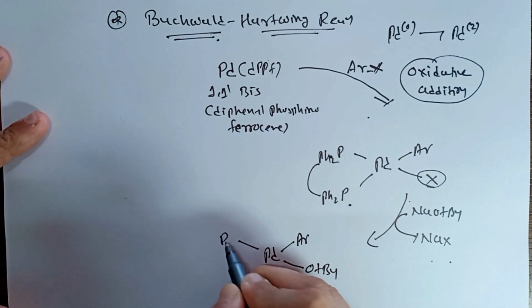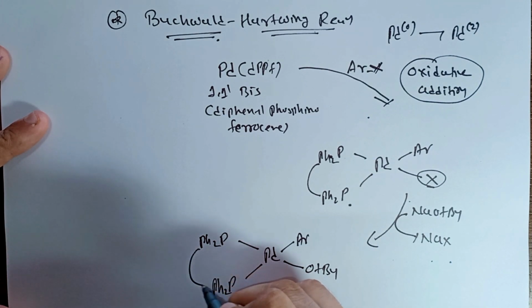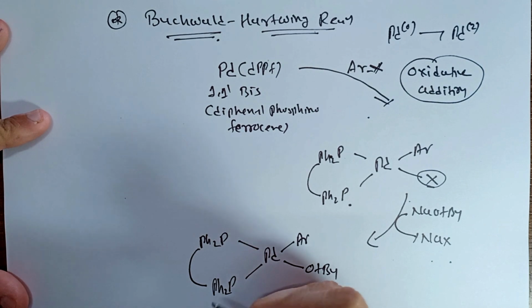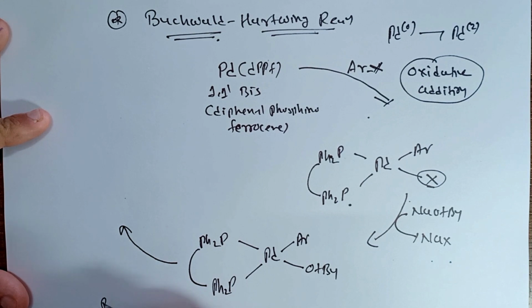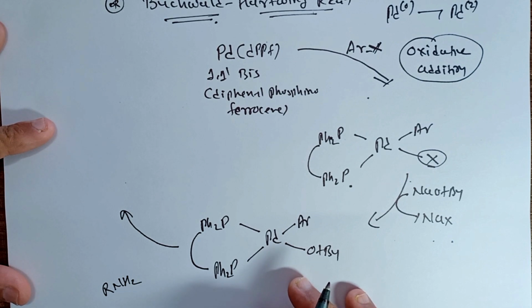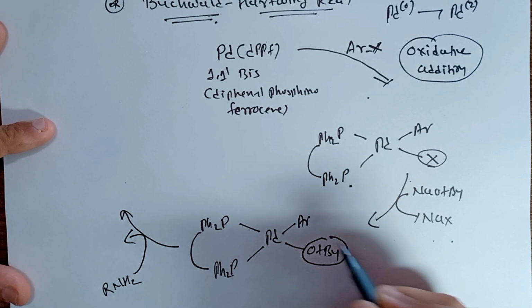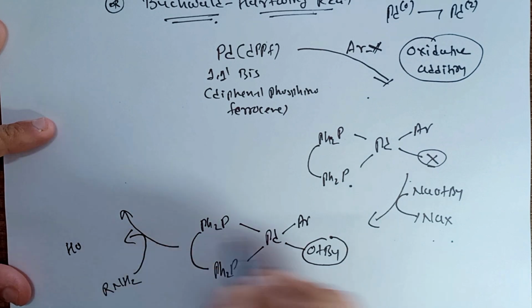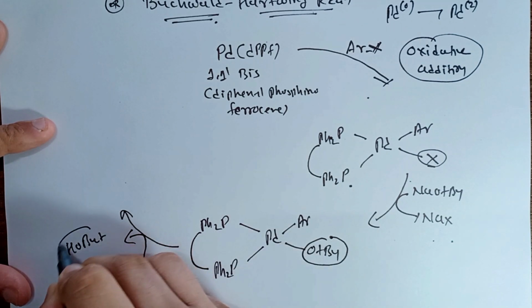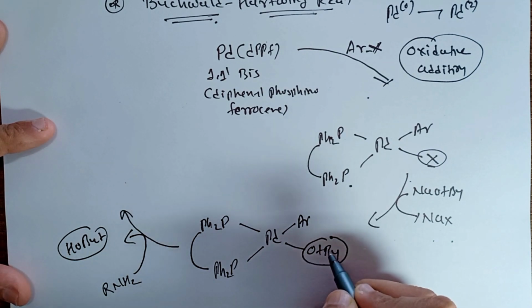Here we are having a P, that is PPh2, that is our ligand PPh2. Here I am writing this type of molecule. Now again this molecule, when it is reacted with, let's say, RNH2, this is our coupling product. Now this RNH2, when it is reacted with the tertiary butoxide group, that is converted to the tertiary butanol. So here we can write an OH group, that is butyl and tertiary. So this tertiary butyl OH group will be removed and this NHR group will be attached over here.